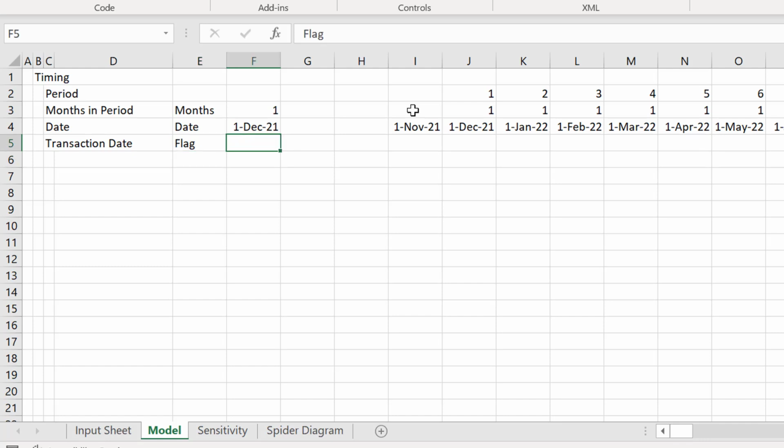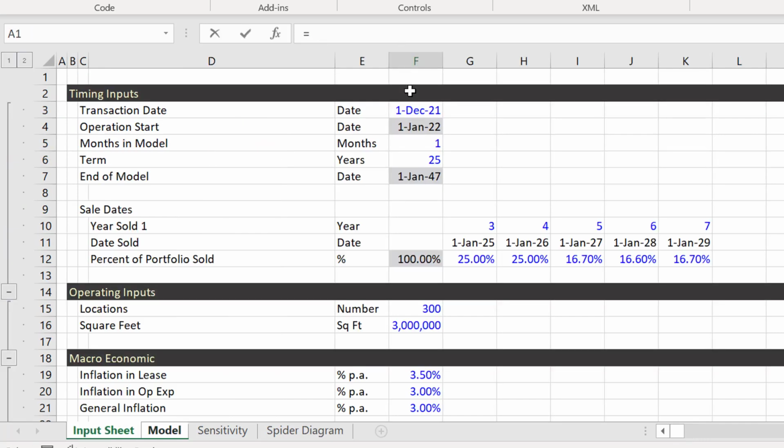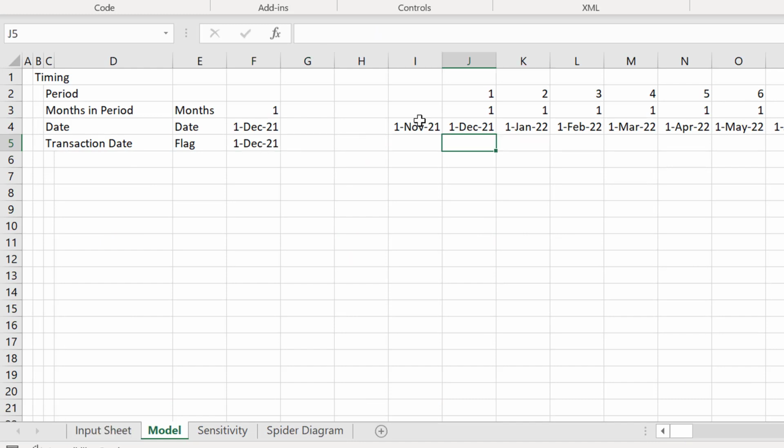Now that's kind of obvious, and perhaps you don't really need to do that. But all of our sources and uses of funds will be in that thing. And of course everybody is so fast with the way they click on the F4 and do all of that stuff. And then once we have our transaction date,